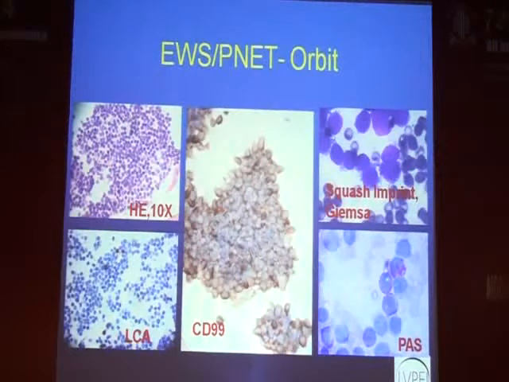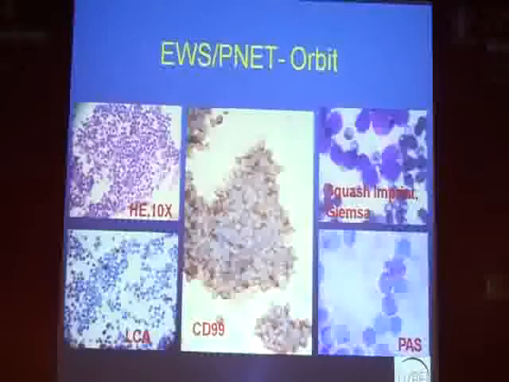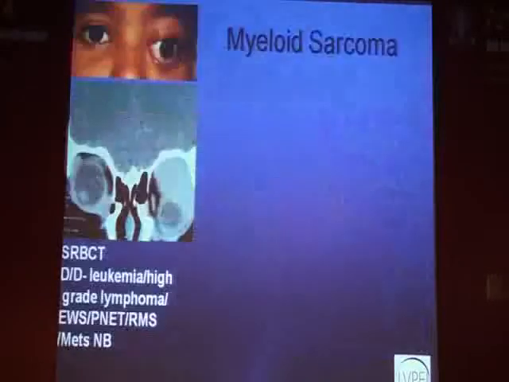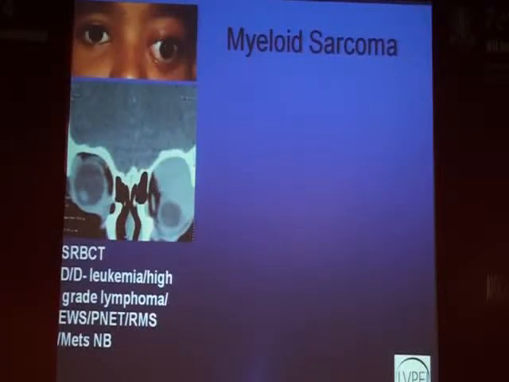This occurs in a little older age group as compared to rhabdomyosarcoma, and it can have more chances of involvement of the sinuses and bony involvement. So another tumor, not very common, yes, but we see myeloid sarcomas, which were previously known as chloromas, then they were called the brown tumors, and then they were called myelogenous sarcomas, myeloblastic sarcomas, and then they were called granulocytic sarcomas. But currently, WHO favors the term myeloid sarcomas.